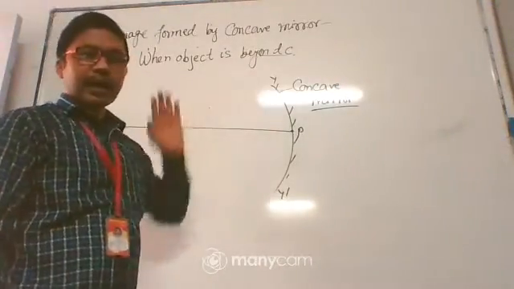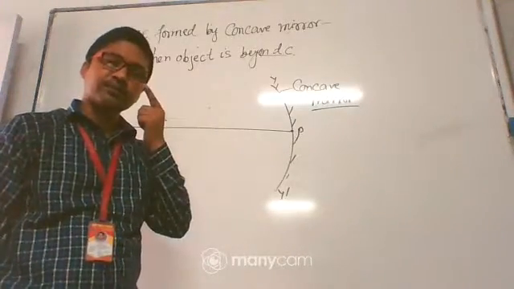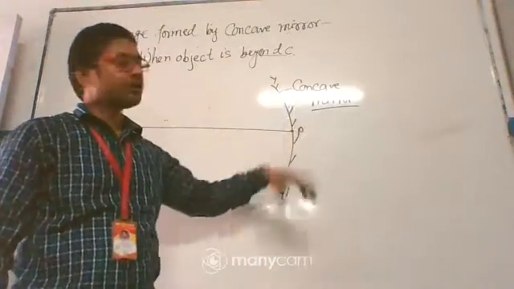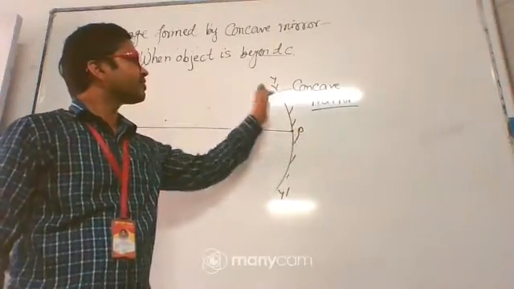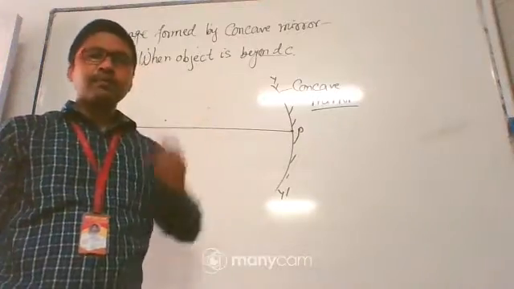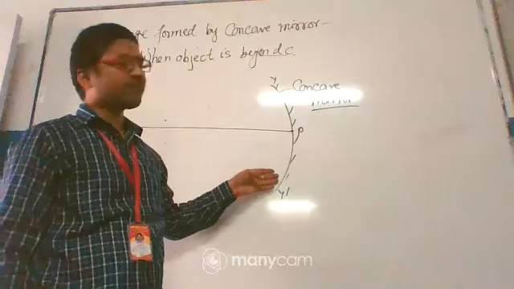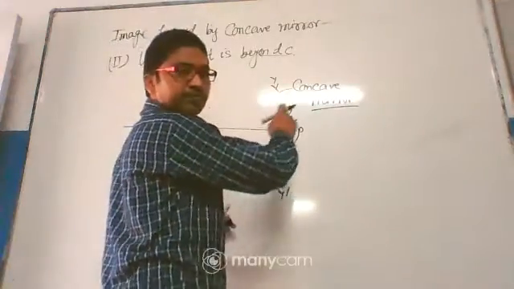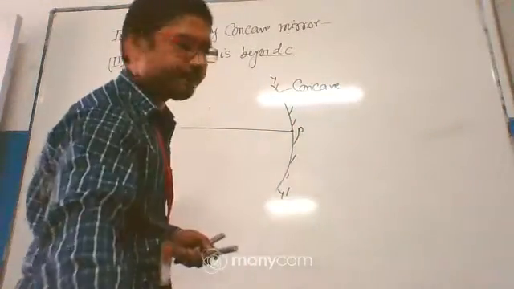So in all the cases, we will take concave shape reflecting surface, or you can say if surface is very smooth, then that surface is also known as mirror. So this surface you can write here concave surface. If this surface is very smooth, you can say concave mirror. The type of reflection is similar in both the cases, either this one is a concave surface or concave mirror.